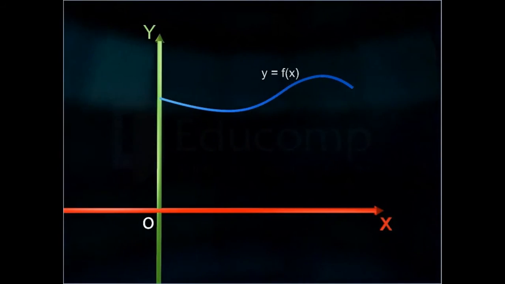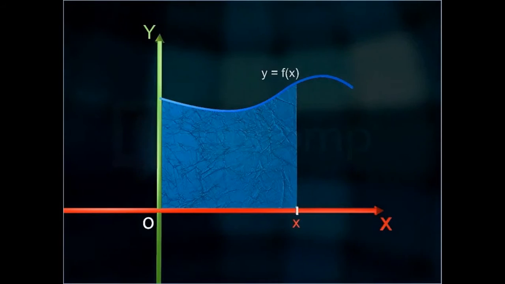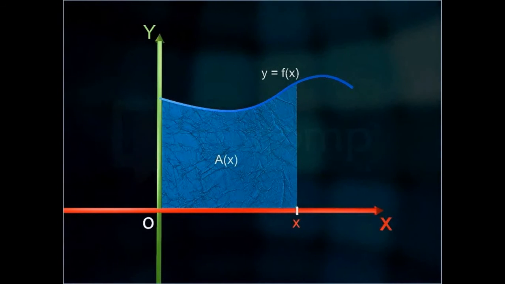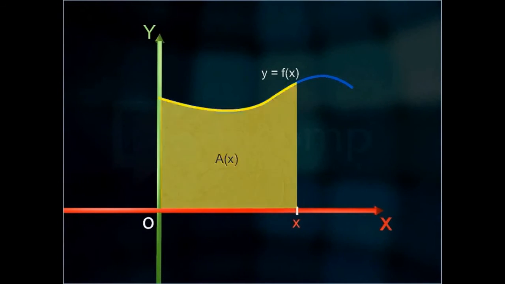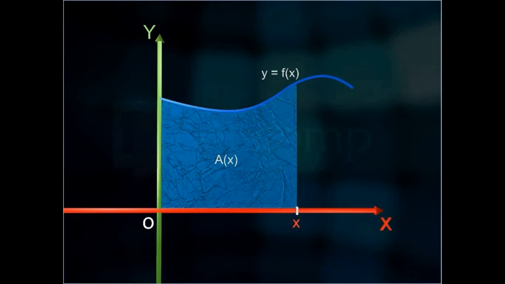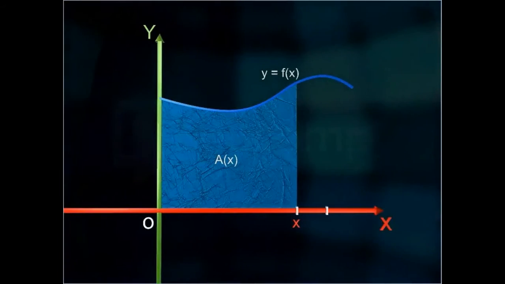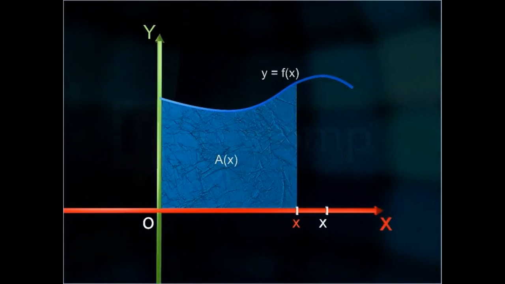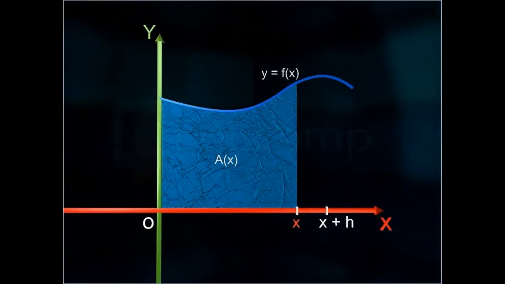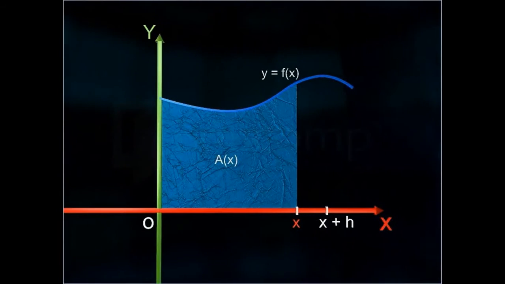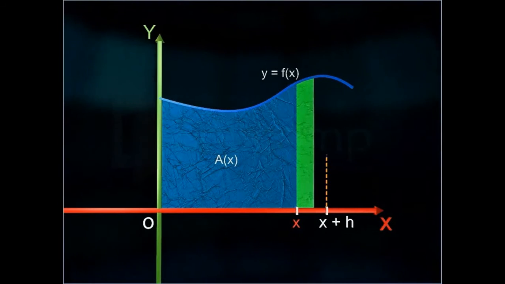Let us assume that A of x represents the area under the curve y equal to f of x from 0 to x. Consider a point x plus h on the x-axis. The area under the curve